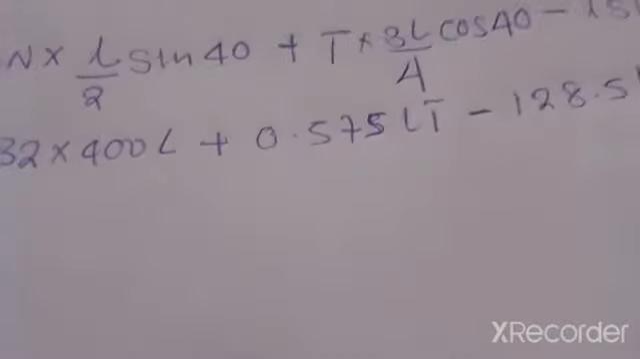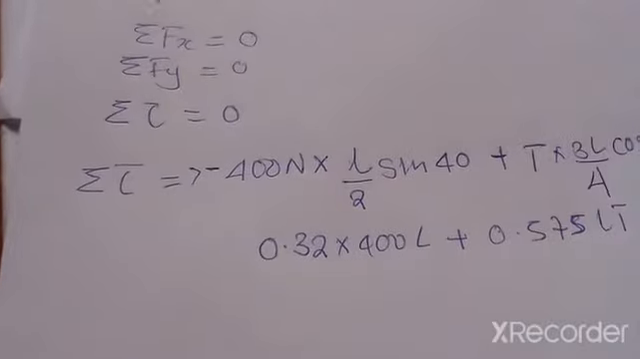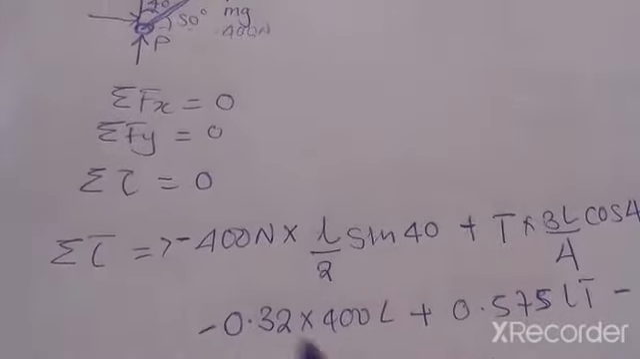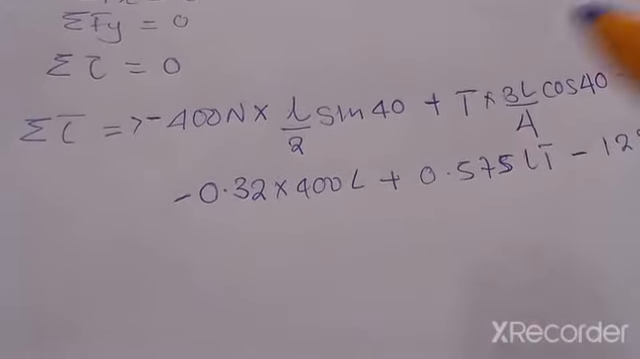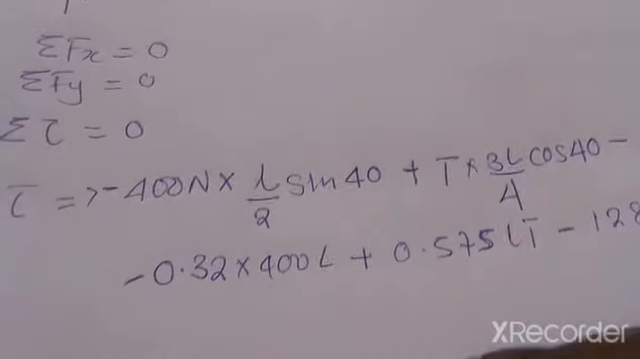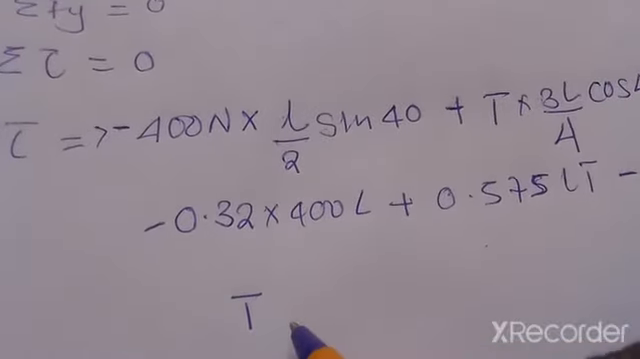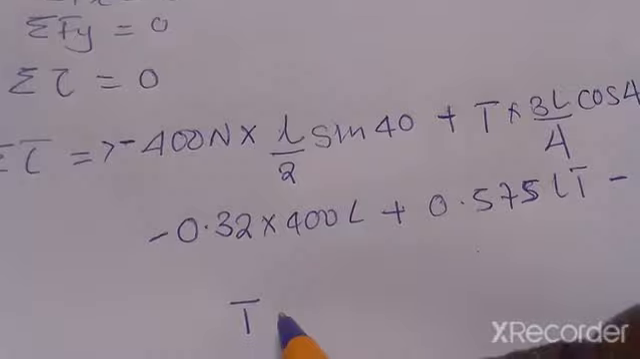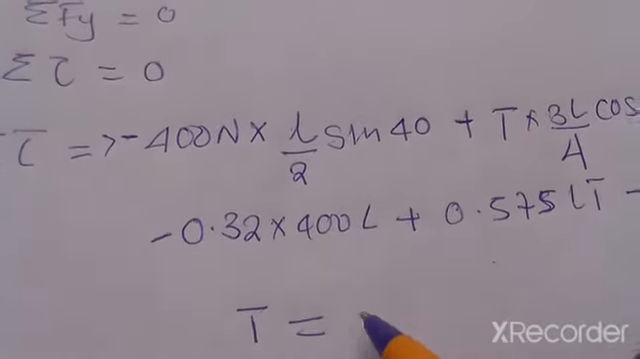That's what we have there. If we take, this is negative, that's positive. If we group those that are in the negative, so that the unknowns will go on the other side, we'll remain with T, which is the tension in the rope, is going to be equal to